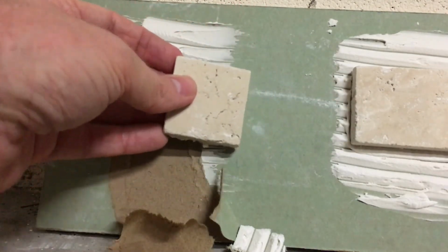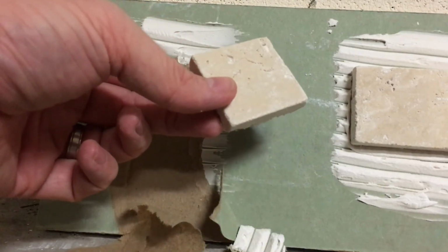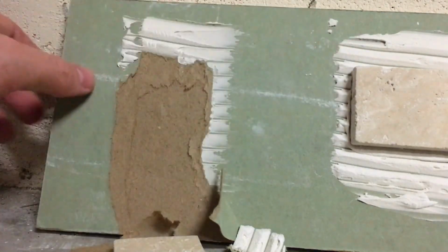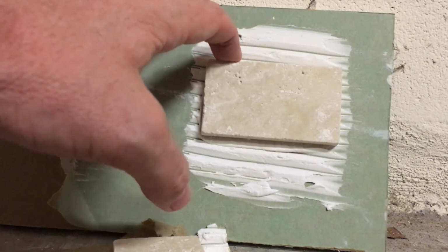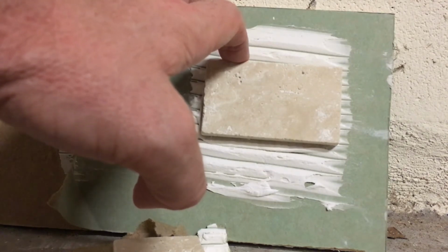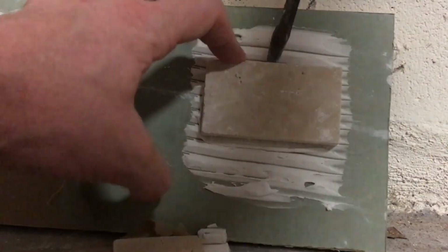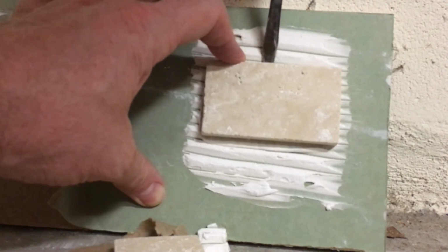And again, using this for a kitchen backsplash, I just can't imagine this stuff falling off the wall over time. I just don't see it happening. For this guy over here, I'm not sure what I'm going to do with him just yet. I was thinking about pouring some water on him, but I don't even think that makes sense. If I have water directly shooting at a kitchen backsplash, I've got bigger problems to worry about than just the actual tile. So I think what I'll do is also pry this guy off